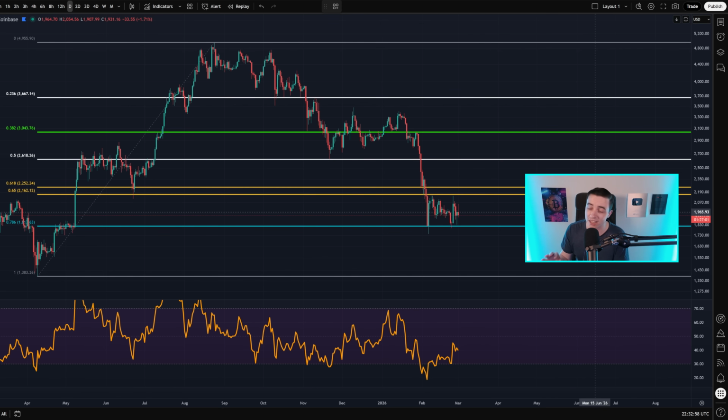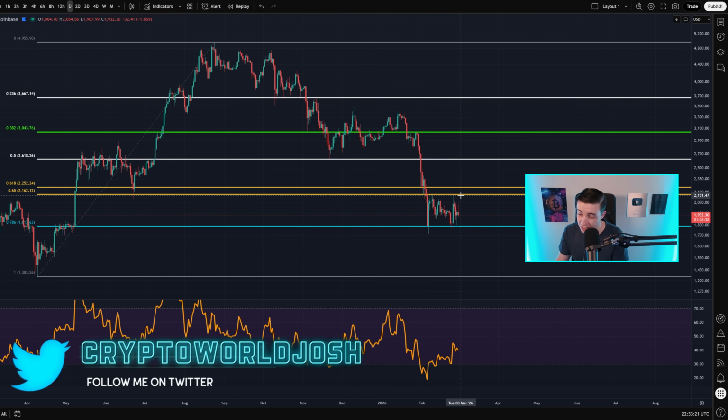And if we're taking a look at the daily Ethereum price chart, right now the price of ETH is still perfectly bouncing between my exact support and resistance levels that I've been talking about for a long time now on the channel, for many weeks now, still sitting at around just above 1.8k, around 1810 to 1820 as the Fibonacci level of support to watch out for, and strong resistance at just above 2.1k, especially around 2150,